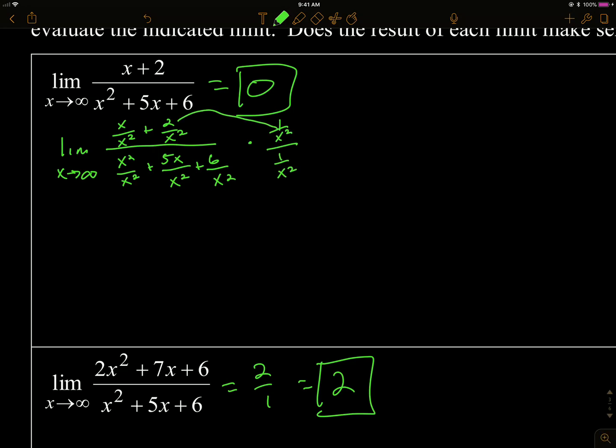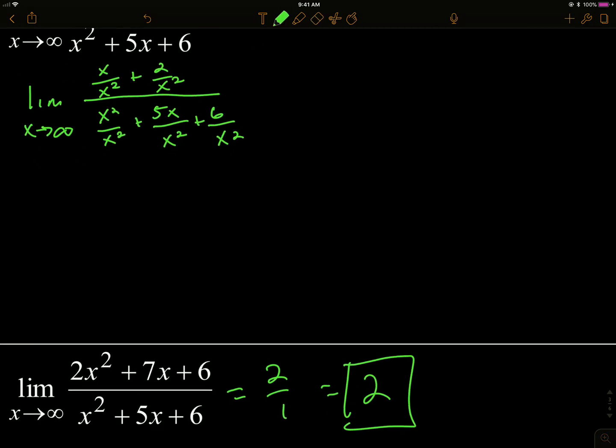When I distribute that to the numerator, let me do it up here. It looks a little weird. Let me get rid of that 0 for a second. What I've really done is multiplied by 1 over x squared over 1 over x squared. When I distribute this to the numerator, I'm just doing that multiplication, same thing on the denominator. And so I'm really just multiplying by 1. So I'm allowed to do that. When I simplify,